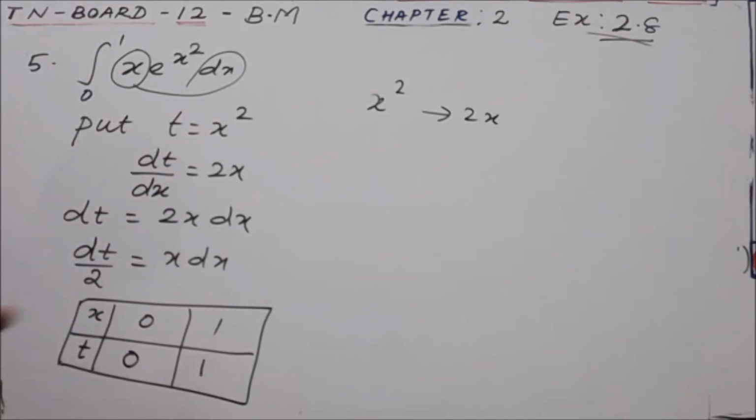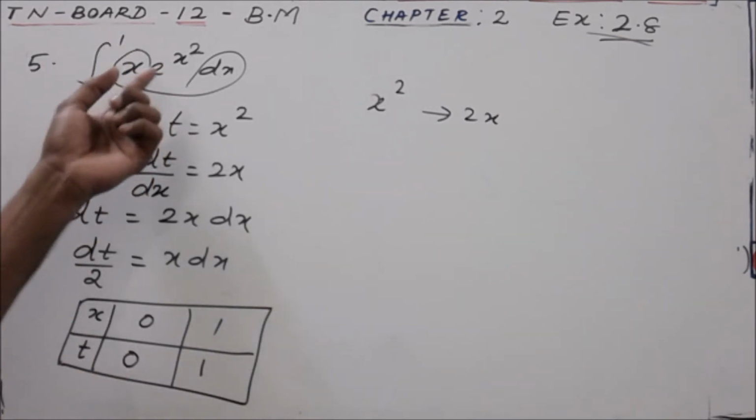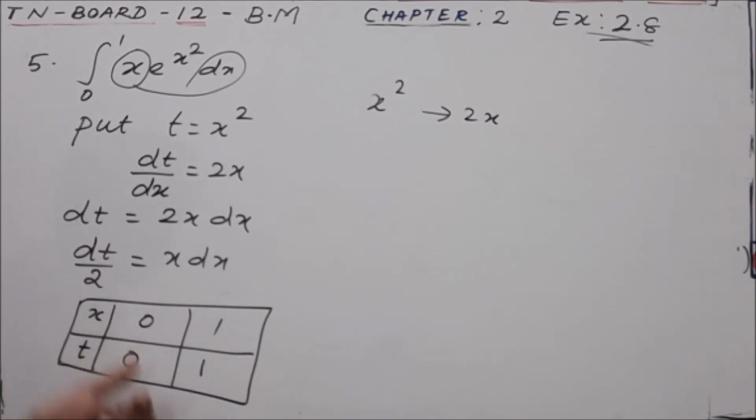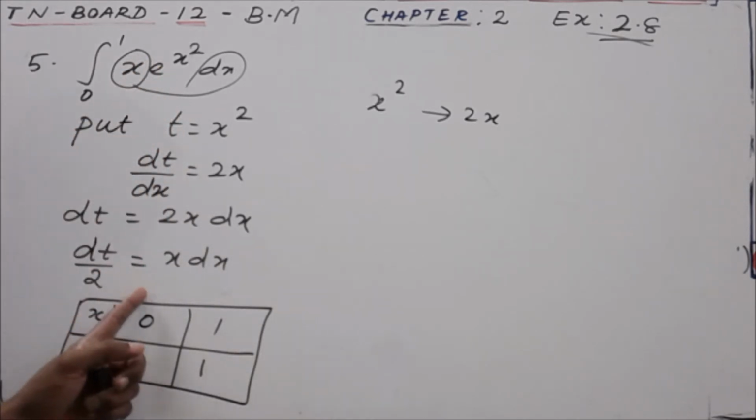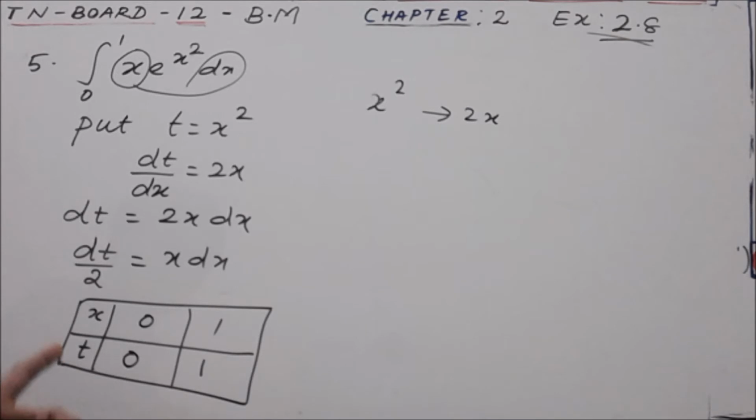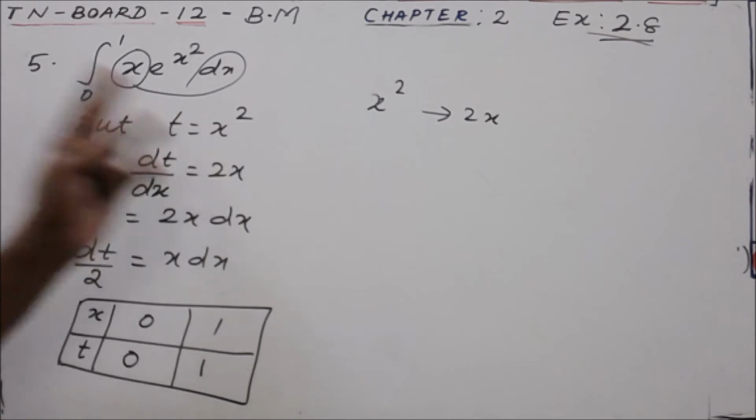There is no change in the limit, you need not worry, but it does not happen all the time. According to different functions, the limits will vary, but every time we change the variable from x to t, we should change the respective limits. That should happen, otherwise your problem will be wrong. So check it once. If the same limits appear, it will not be a problem for us, but you should verify here. Sometimes the values of the limit will change according to the variable t.